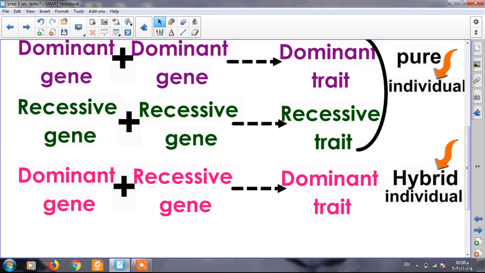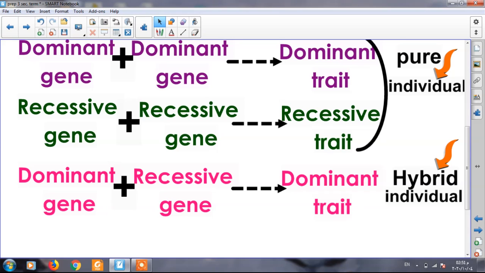Of course, recessive is forever pure. What about the opposite? What about the pure individual? No, pure may be dominant, may be recessive. So if we have a pure individual, this pure individual may have his trait dominant, meaning two dominant traits, or may